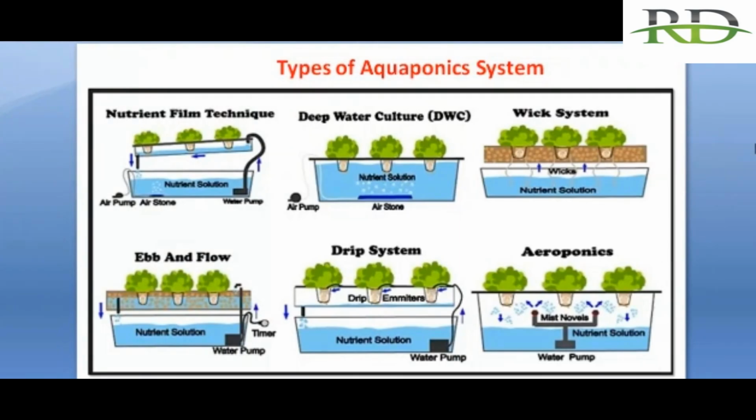Nutrient film technique, that is the NFT. As you can see here, there is a tank with a nutrient solution in which fish are there. The water from the fish tank, or in the diagram the nutrient solution, will be pumped inside a hollow pipe in which plants are placed in cups. You can see here this bed is slightly slanting. This slanting bed will help to drain out the water by gravity. If it were at the same height, the water would not drain. So we have a slight slope. By means of the slope, the excess water from this pipe will be drained out to the nutrient solution